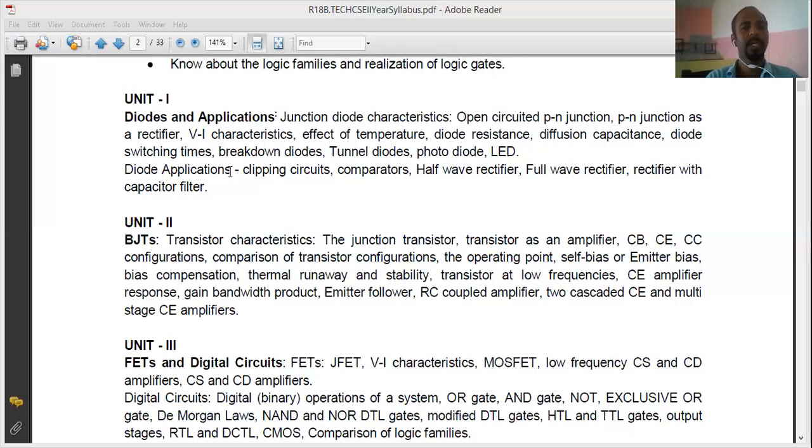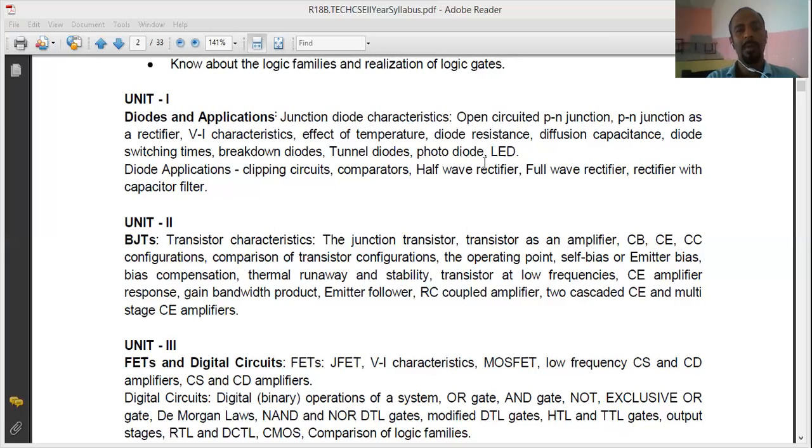Next, we have the applications of the diode, which is used for clipping circuits, where you can clip off some part of the waveform, and you can do comparators. And this is very essential. Whatever you see in your houses, all the voltage that is coming is AC voltage. Now your computer has an adapter, right? The 230 volts is reduced down to some very small voltage, around 12 volts to 15 volts, and then that comes to your computer and the computer operates. How is the 230 volts reduced?